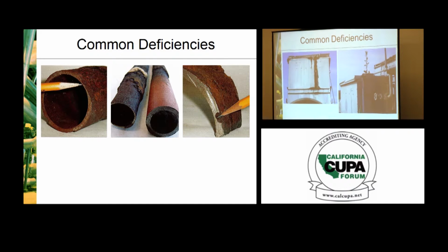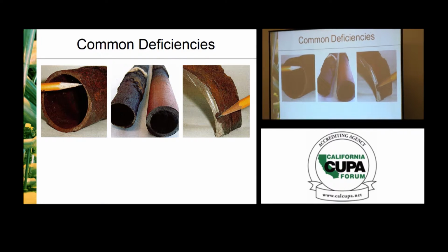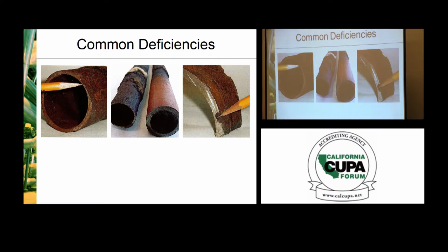Yes? Question on looking at corrosion. If you have a lot of insulation on pipes, what does the IIAR say for frequency of looking at the insulated pipe for corrosion under insulation? So, I can tell you what I say, and it's based off of IIAR. What we tell our customers,